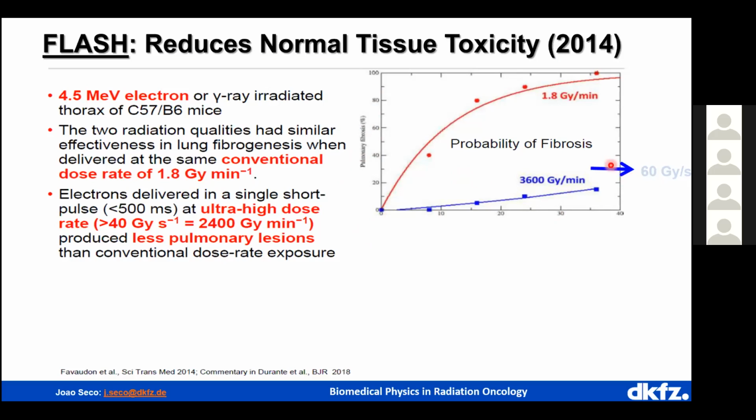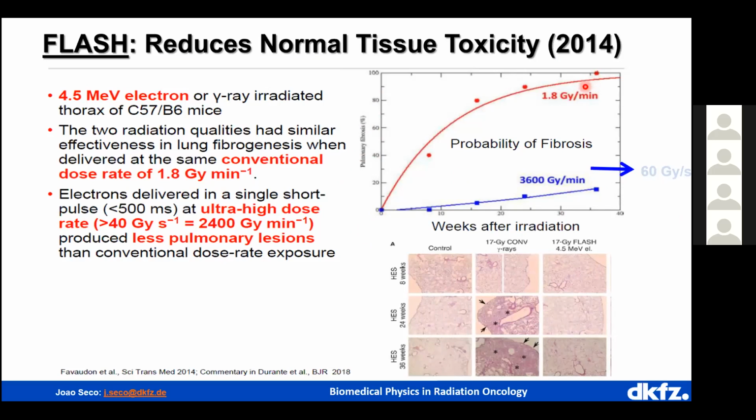And you see that there is a significant difference in pulmonary fibrosis between the mice irradiated with FLASH compared to the mice that were not irradiated with FLASH. The radiation was producing a huge difference in side effect. FLASH was doing this. And when they looked at the histology, they found that a 17 gray conventional had a huge amount of side effects. You can see this is called an